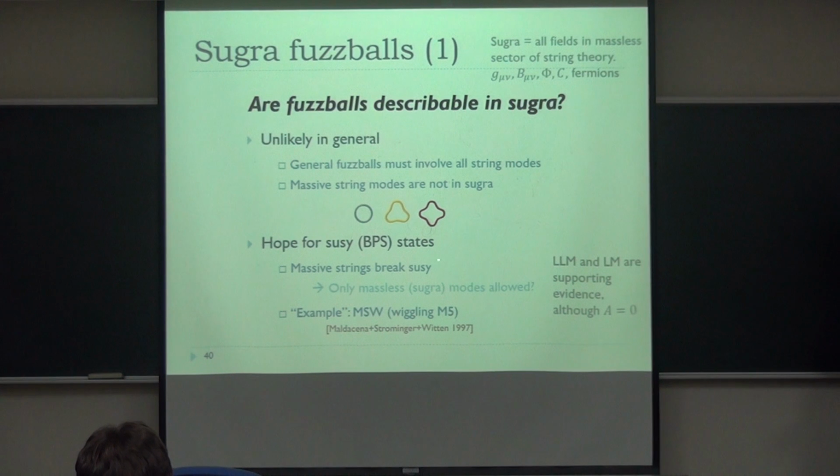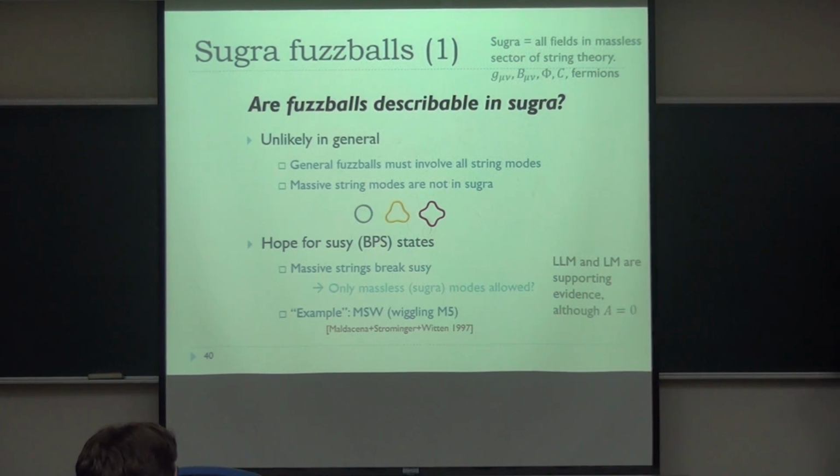But maybe there is some hope for supersymmetric or BPS states, because massive strings are going to break supersymmetry in general. So, for example, if you have some massless mode of the string, which is BPS, then that means that the charge carried by the string is equal to the mass of that string. But if you consider higher oscillations on that string, then it's going to just raise the energy but not the charge. So it's going to be non-BPS. So this may mean that if you consider only supersymmetric BPS states, then only massless modes are involved and are